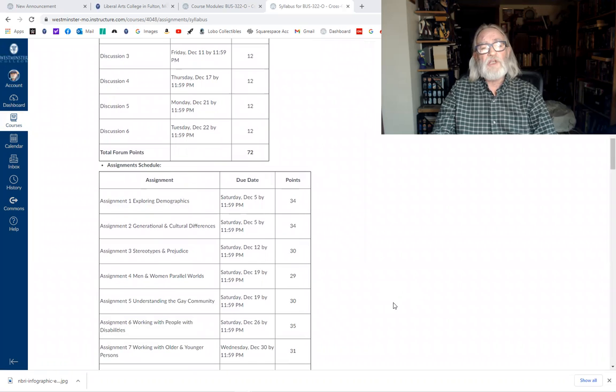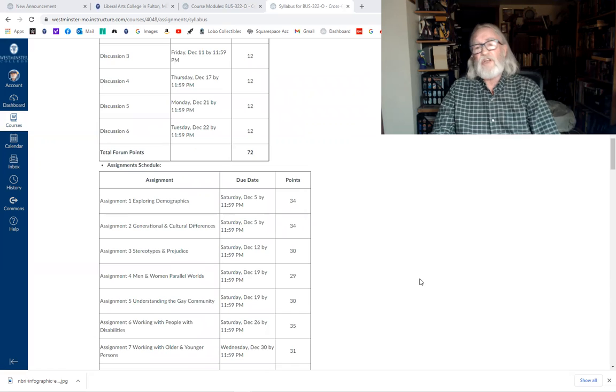Here's the assignment schedule. Almost all the assignments are due on Saturday of the week. There's generally either 2 discussions or 2 assignments due each week. The assignments are almost always, even if there's 2 of them, both due Saturday night, no later than 11:59 p.m. I can't make it 12 a.m. If I put that on there, it makes it a Sunday, and then I get them all day long Sunday, and I would like to grade them all at the same time.